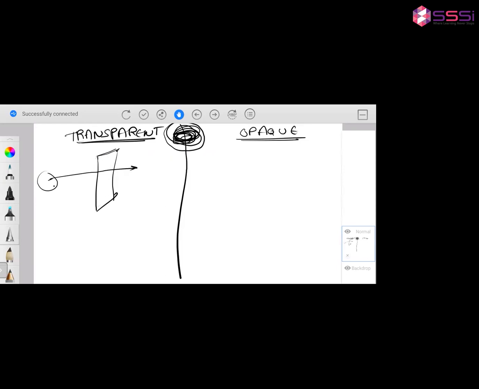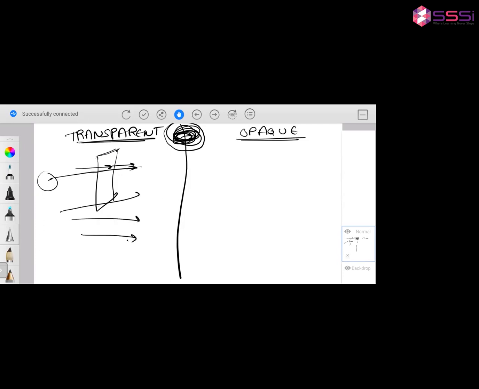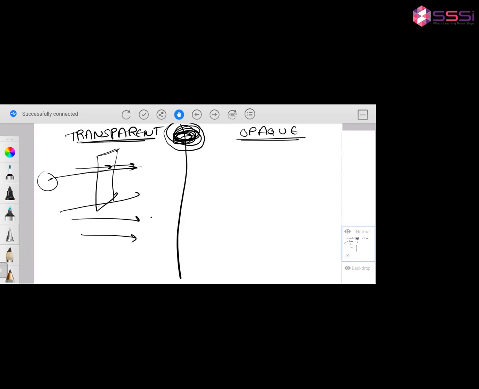Why are we able to see through it? Because it allows rays to pass through it. The light can travel through it, and we are able to see things because of the light only. Wherever the light goes, we see things. Look at your room. You can't see behind your curtains because the light gets reflected by your curtain. The light stops. The light doesn't pass through it.